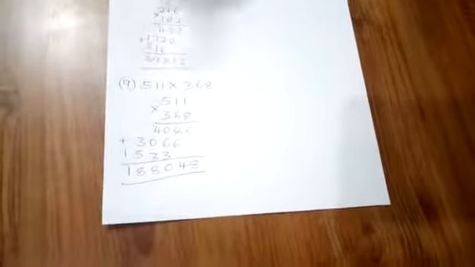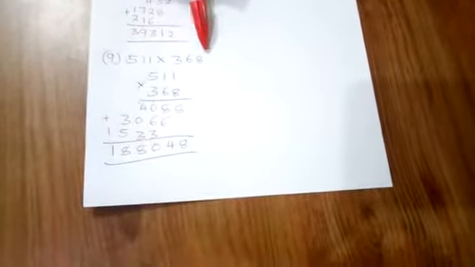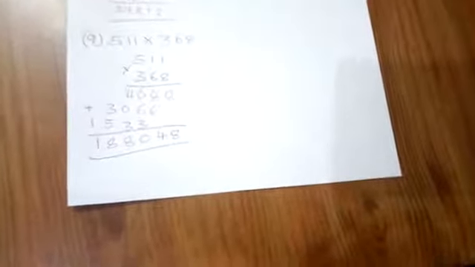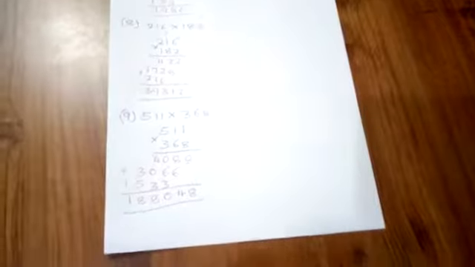Our last example is 511 multiplied by 368. So our example number 9 is similar to number 8 because both have 3-digit numbers. So we are multiplying 3-digit numbers with 3-digit numbers. So we arrange them vertically, then we write our sign as usual. Then we start from